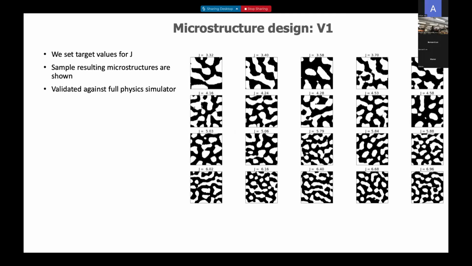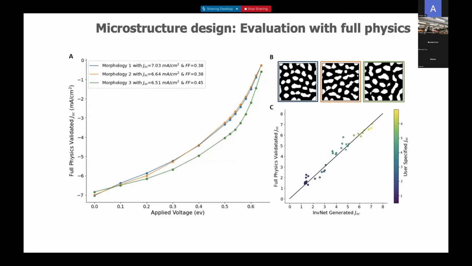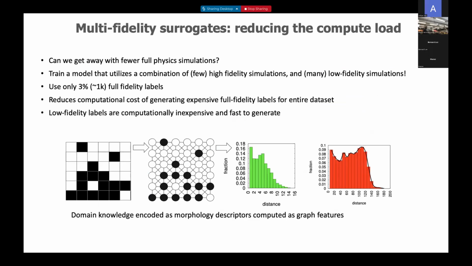I want a current of, say, 6.96 milliamps per centimeter square, and it's going to design a different microstructure. We were able to validate this against the true full physics model, and we were able to show that as we turn the knob of the design exploration, we get different microstructures where the predicted performance is the same as the actual full physics. So this was very exciting for us, primarily because